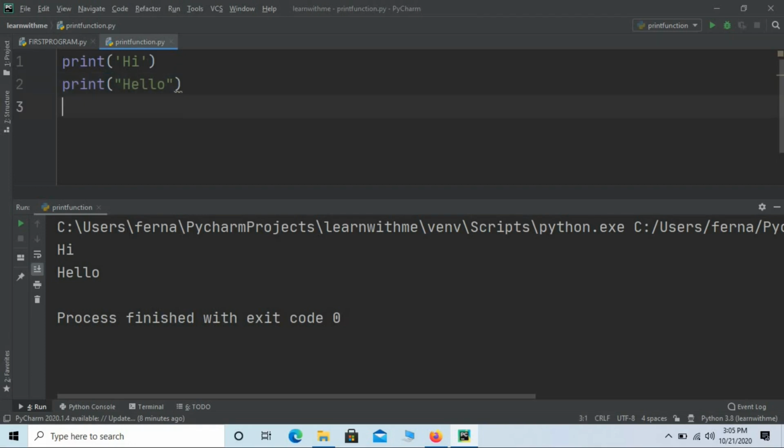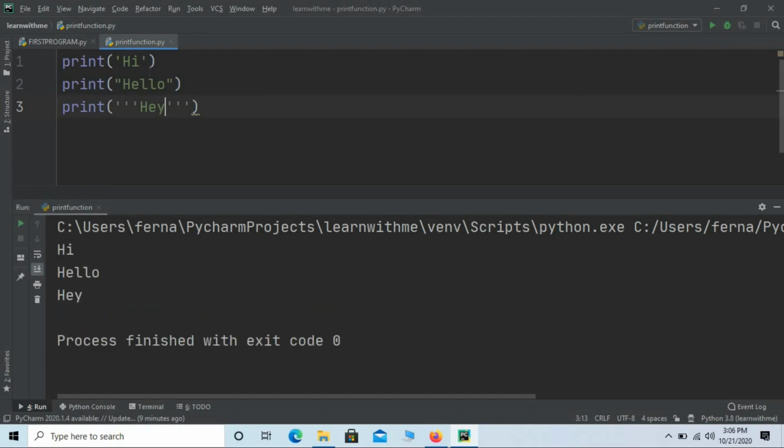So let's try print with triple quotes. Print, open the brackets, type 3 times single quotes. Now let me type something else. Let me type, say hey, write anything that you want. Save the program with the help of Ctrl and S keys. Rerun the program with the help of this particular option, or you can also run from here, or also you can run from here. So run. So if you observe, the single quotes has given me the output, double quotes has given me the output, as well as the triple quotes also has given me the output.